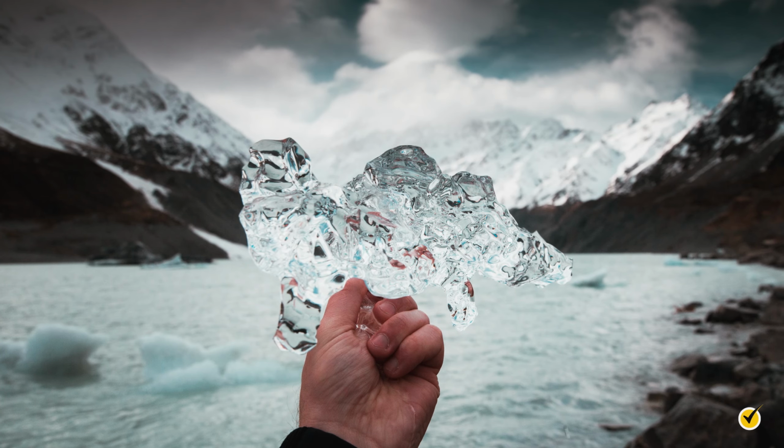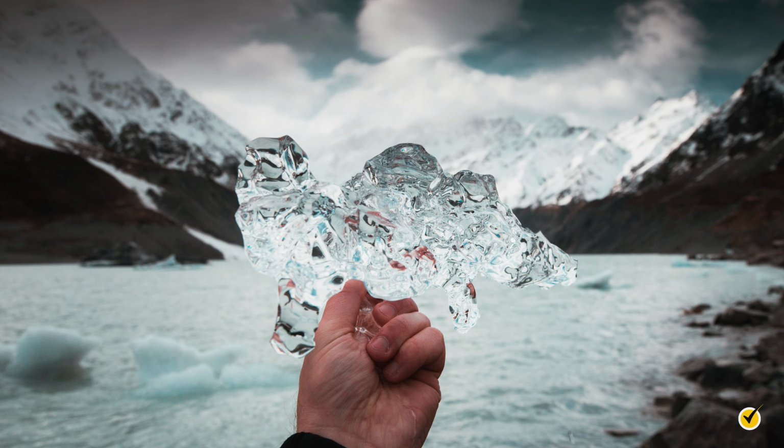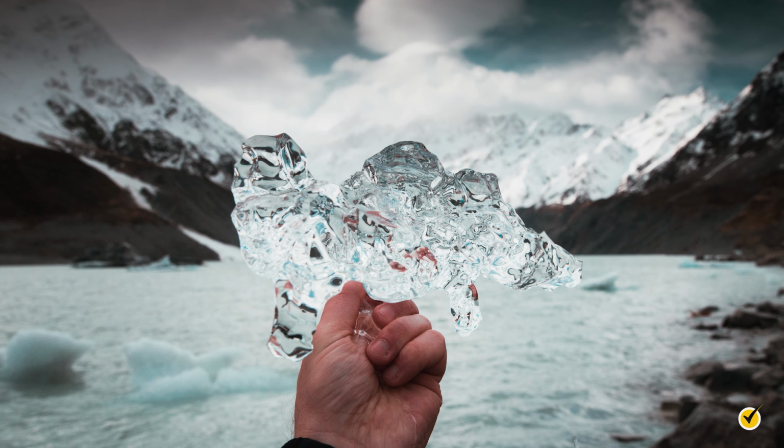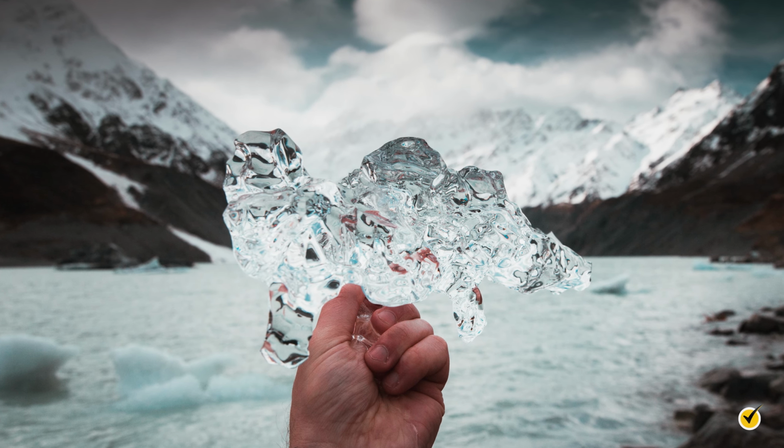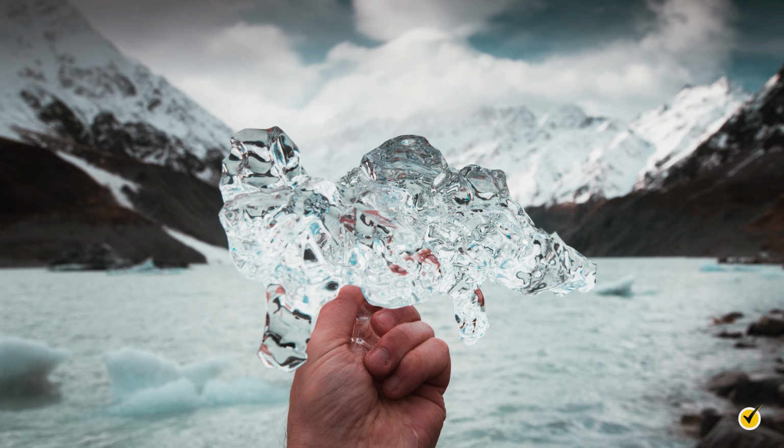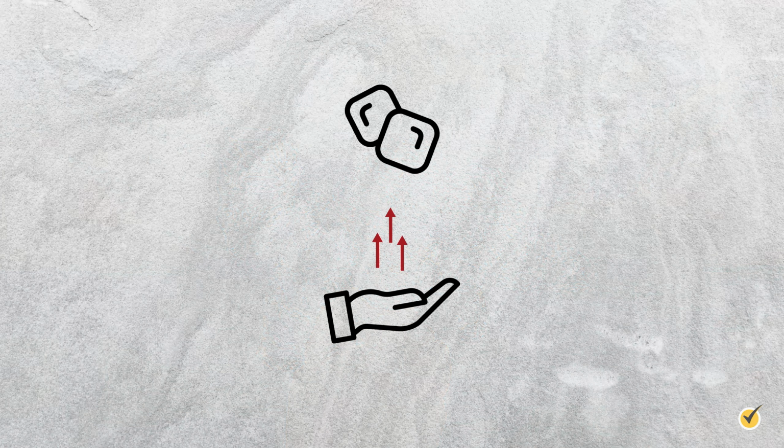For instance, when you hold an ice cube in your hand, you can feel the cold. It's easy to think, oh, the cold is entering my hand, but the more accurate way to think about that scenario is that heat is traveling out of your hand into the ice cube, which lowers the heat in your hand, making your hand colder.